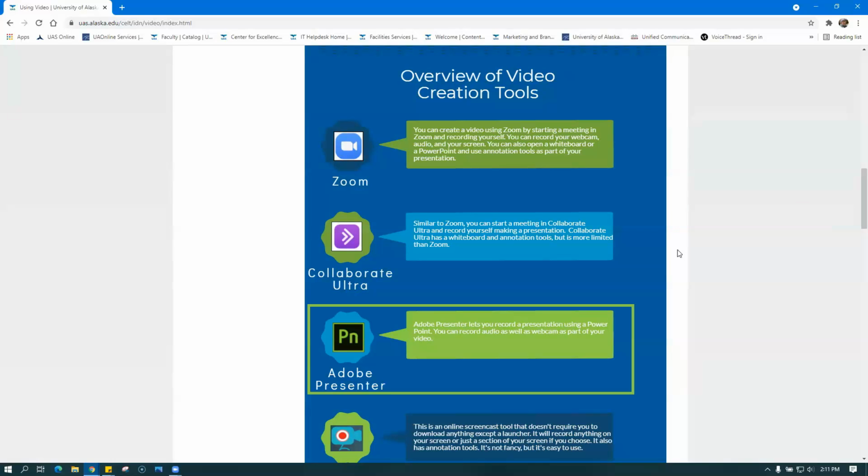The main strength of Adobe Presenter is that once you're done with it, you can upload it to a website where you get a URL, and that URL can then be used over and over again. Even if you change the presentation by re-recording a slide, you can still use the same URL. You don't have to worry about updating it from one course to the next. The URL will stay the same.